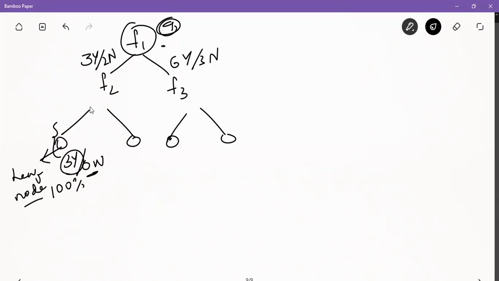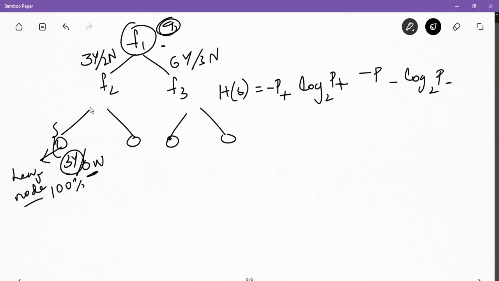For example, the formula is again H(S) equals minus P positive log base 2 P positive, minus P negative log 2 P negative. These minus signs are just a part of the formula. These are positive classes and these are negative classes. Okay, so let's